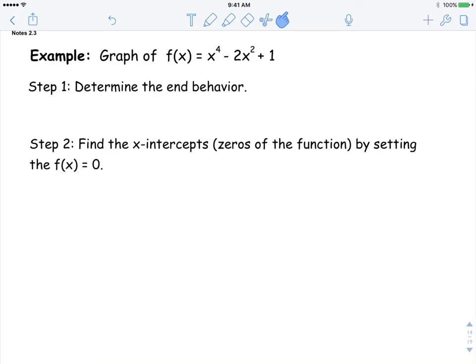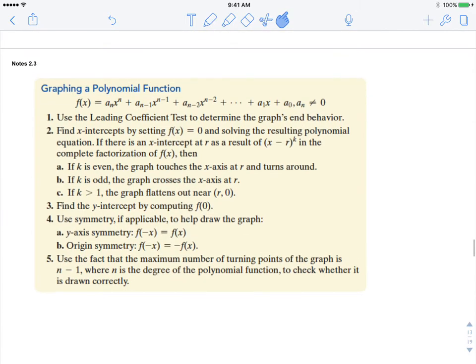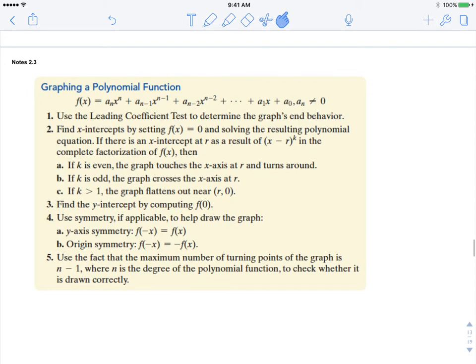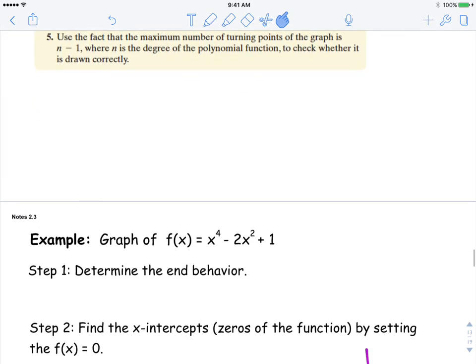All right, we've already talked about the zeros of the function and the leading coefficient test. Now we're ready to graph the function. So these are the steps that we will follow. If you want to go ahead and just pause and read them, I'm going to have them all listed out